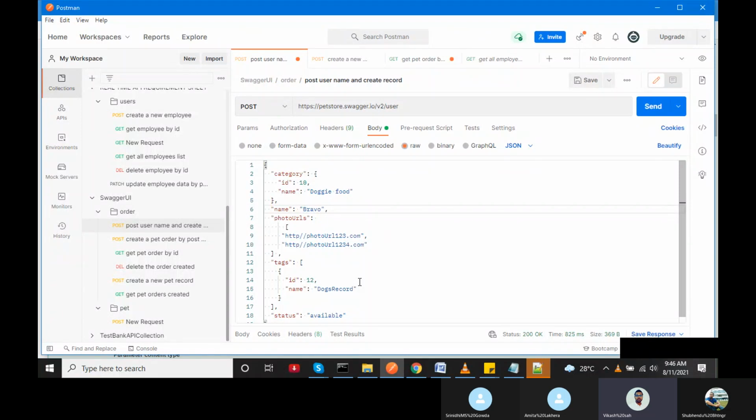It is an object, ID 10, name dog, you found. Name you have put Bravo, correct. URL you have put as a string array. Then tags you have put, tags ID and the name, that's correct. In status you put it, that's correct. Go down.